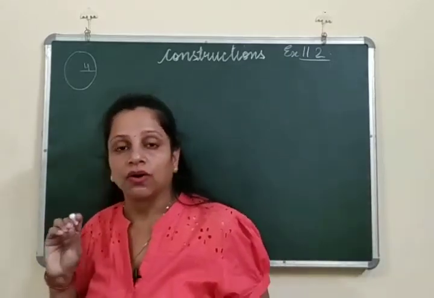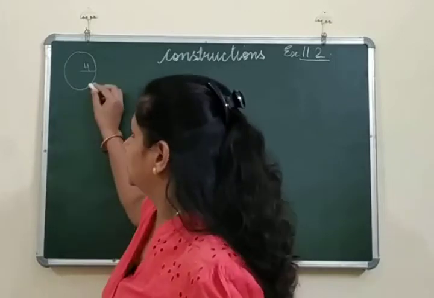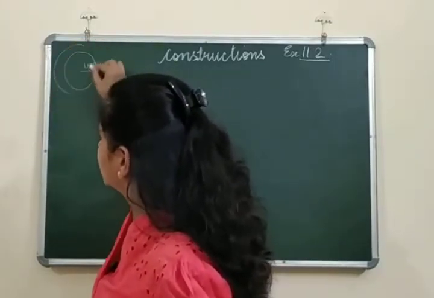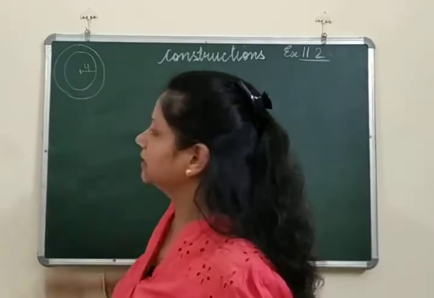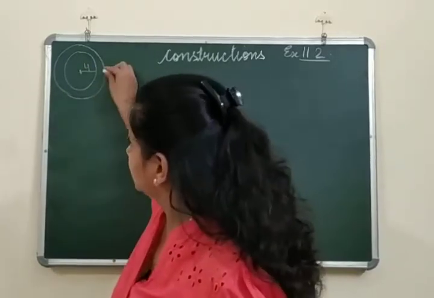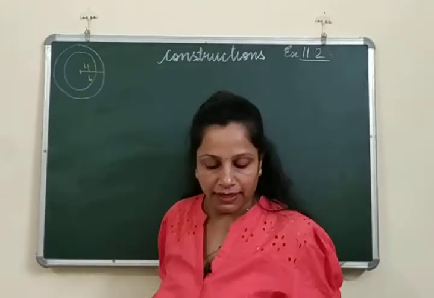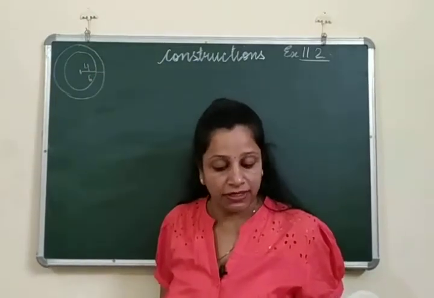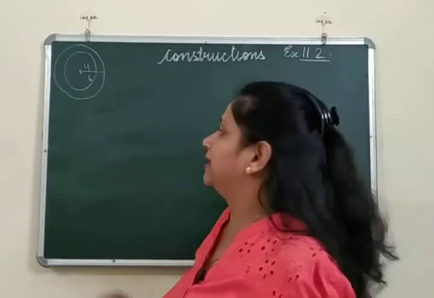Now the word concentric circles. What is the meaning of word concentric circles? Concentric circle means when there are two circles with the same center. Two circles with the same center. And the radius of this bigger circle is 6. Now what you have to do, from a point on the concentric circle of radius 6 and measure its length.